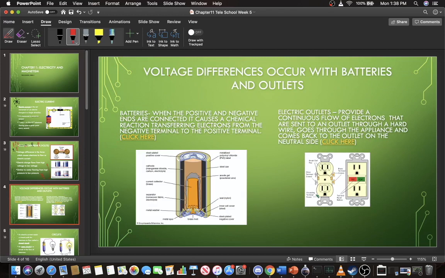So voltage differences occur with batteries and outlets. Inside of your phone, inside of remotes for your television and all those different items, you have batteries. All right, and your car also has a battery too. When positive and negative ends are connected, it causes a chemical reaction transferring electrons from the negative terminal to